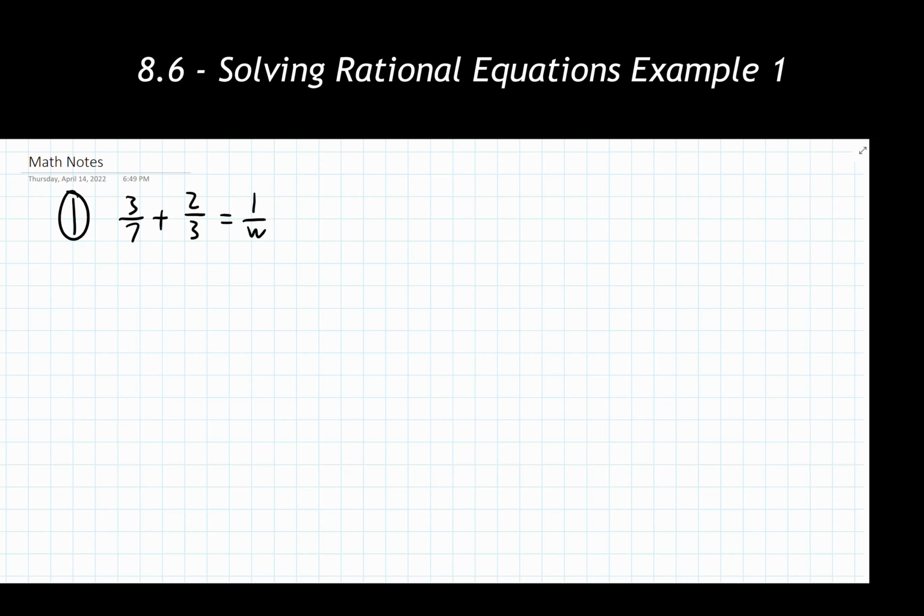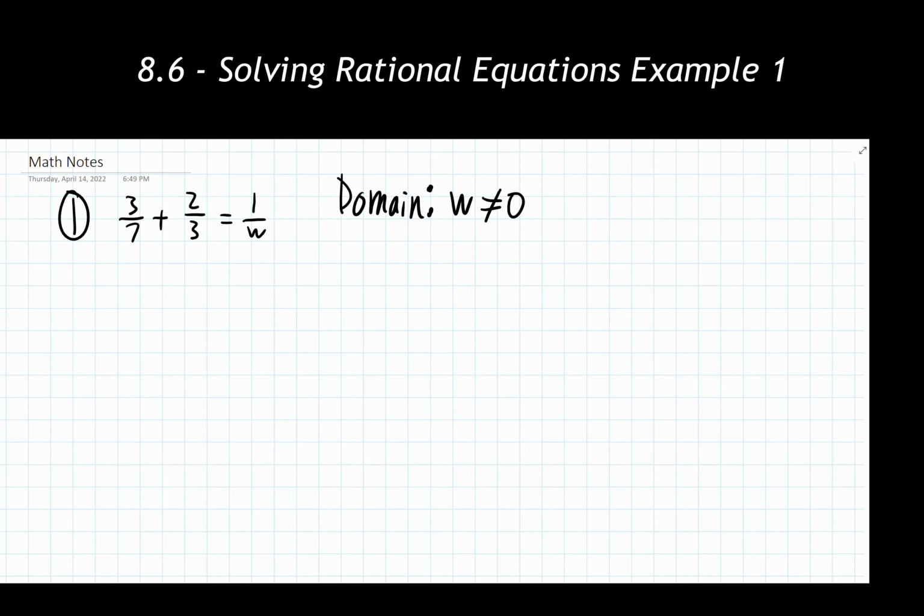Well, thinking on that, what number when plugged in for w would make w 0? Well, it's just going to be 0. So we might want to make a note to ourselves somewhere nearby that says our domain is that w cannot equal 0. And that's all we need to really note on the domain at this point in time, which is fine. We're just making a note of it. Great. At the very end, we can come back and save ourselves some work with having to check things.